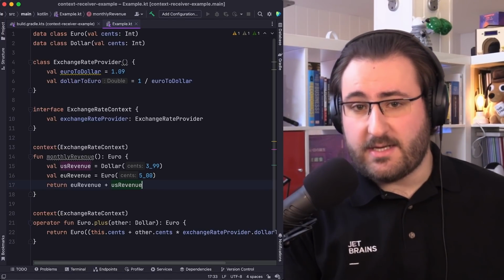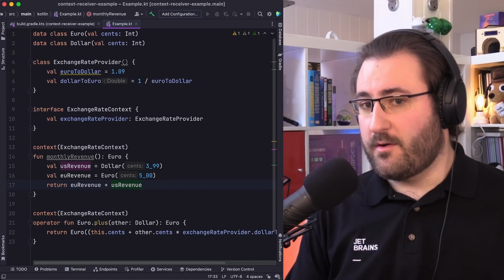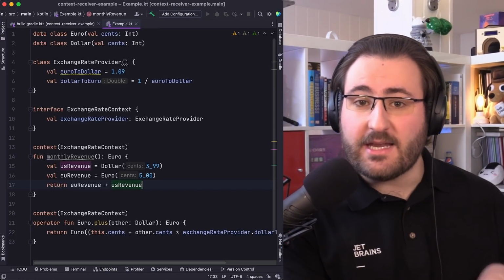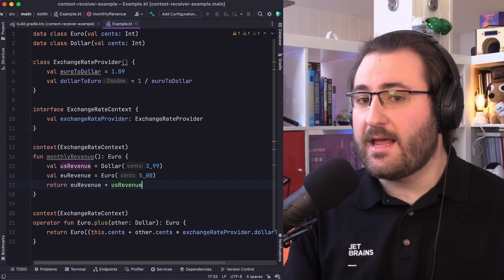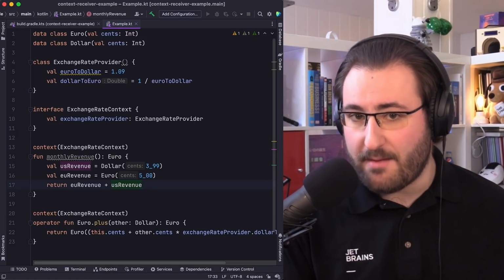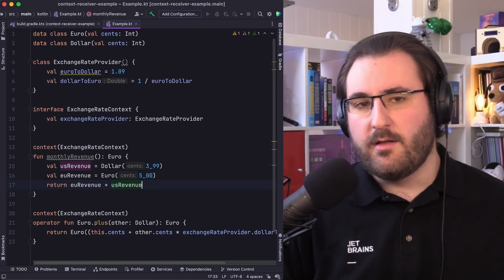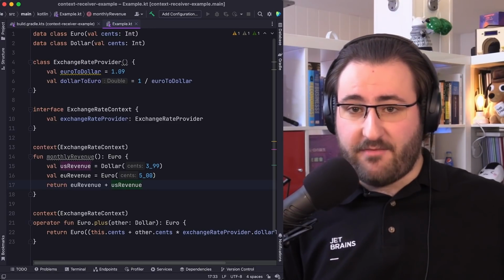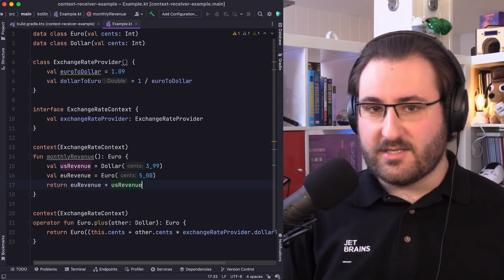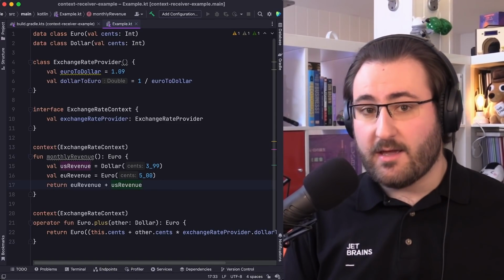Let's make sure that we did the right thing and repeat the quick test from before. Remember, ask yourself if that information might have been provided in a global top-level scope in a smaller application with a simpler architecture. Well, if I had a very small app, I would probably just have a singleton or global instance of the exchange rate provider. That seems like a good fit for using context receivers again. So with that, we have contextified our little exchange rate app. And hopefully you now have a bit of a deeper understanding of how context receivers can help you when you're running out of receivers or extending classes you don't have control over.